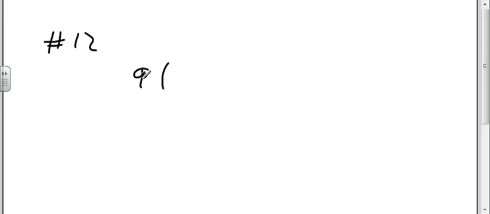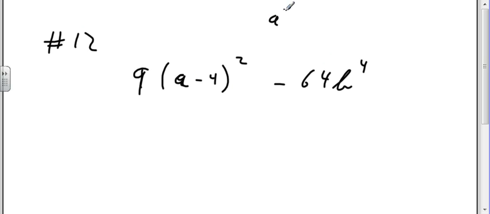Nine a minus 4. That's nice. You have a 9 and an a in the same problem. Way to go, awkward. Minus 64b to the 4th. Okay, now we're sort of thinking that this is a squared minus b squared again. So if I rewrite this as 3a minus 4